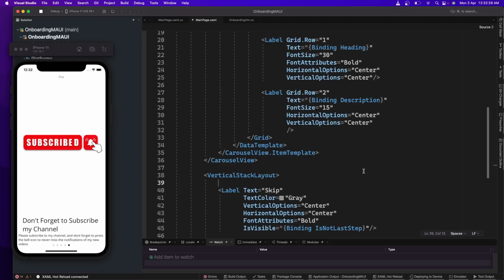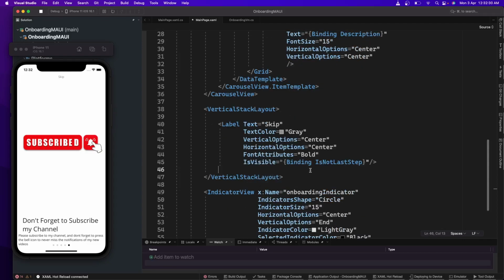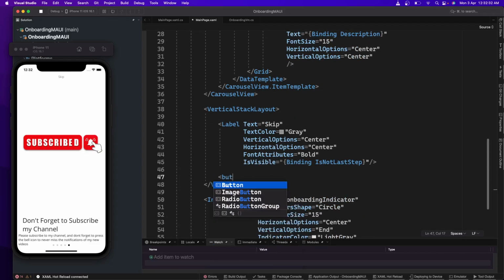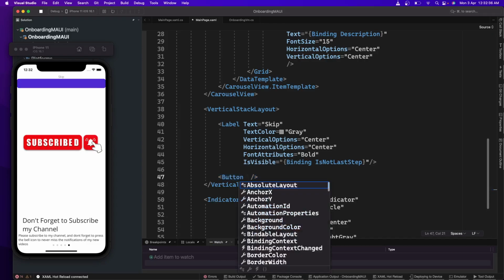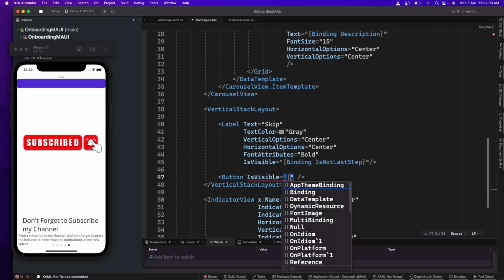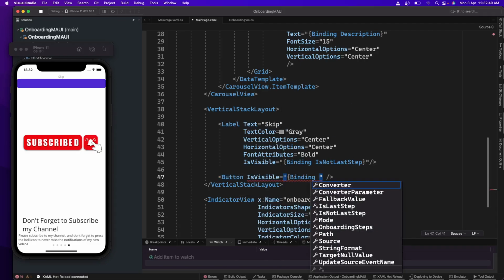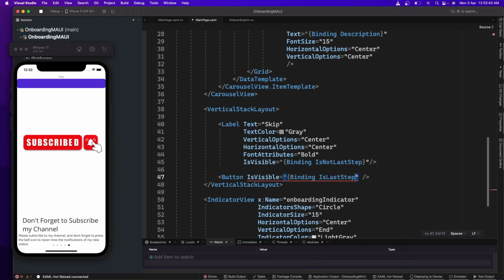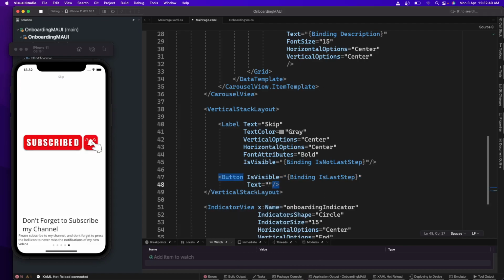And the next thing, let's have a button for the last step. First, we'll set is visible only if it is last step. And then let's design this, the text, let's say get started,